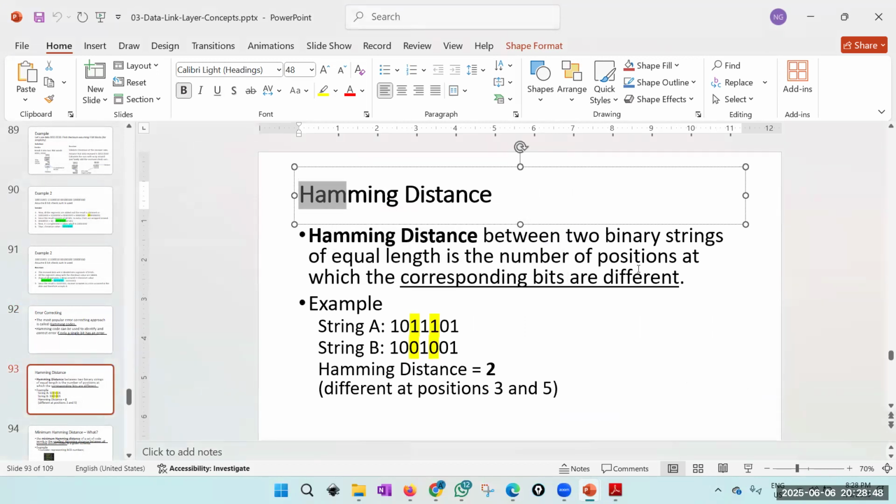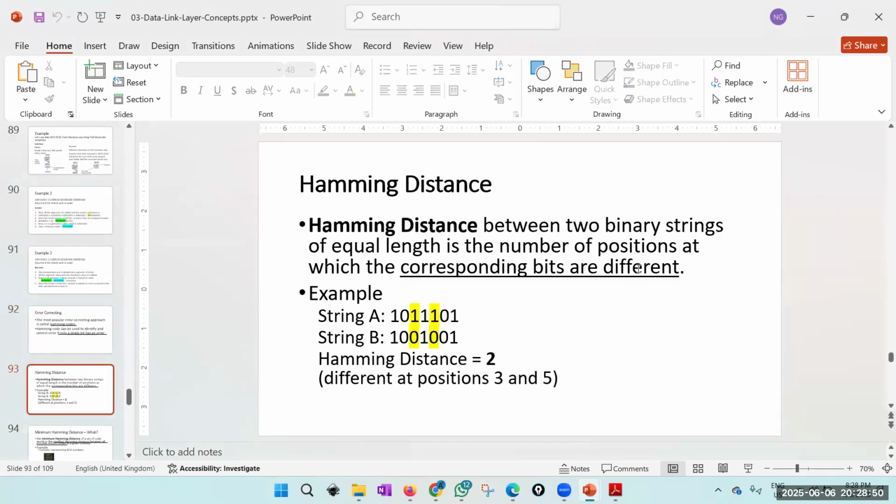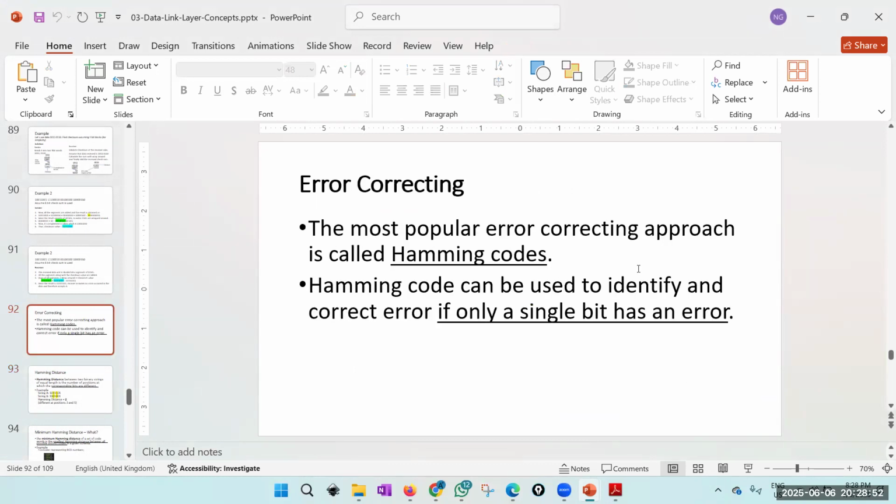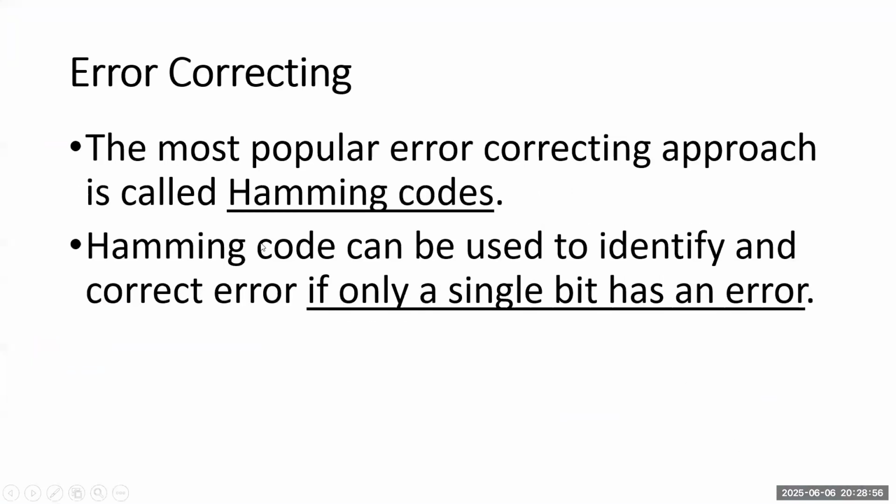Right. So for this, you don't need to calculate the Hamming code, rather you need to just calculate the Hamming distance. Remember, when it comes to data transmission, there are two things. One is data error detection. The other is error correction. Error detection is easier, but error correction means without asking to resend, you fix the error, which is more difficult. But in order to do that, the sender must send some